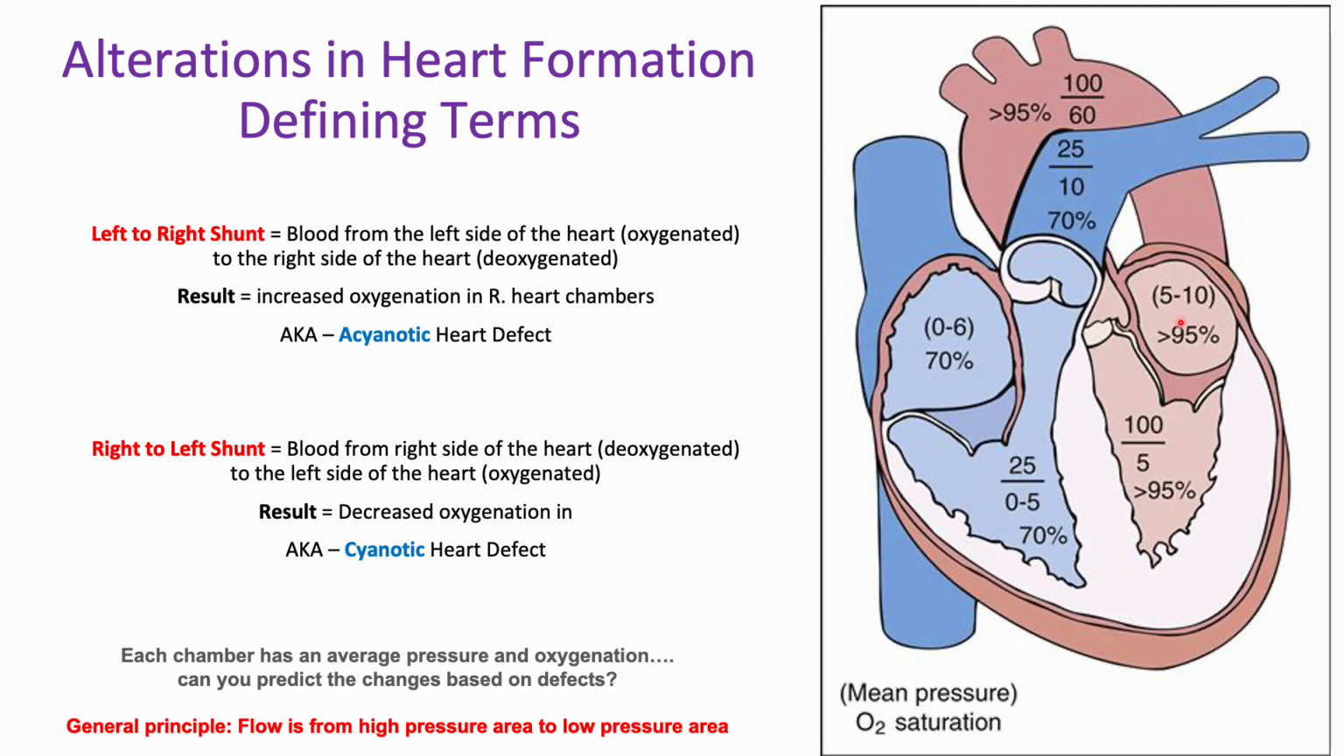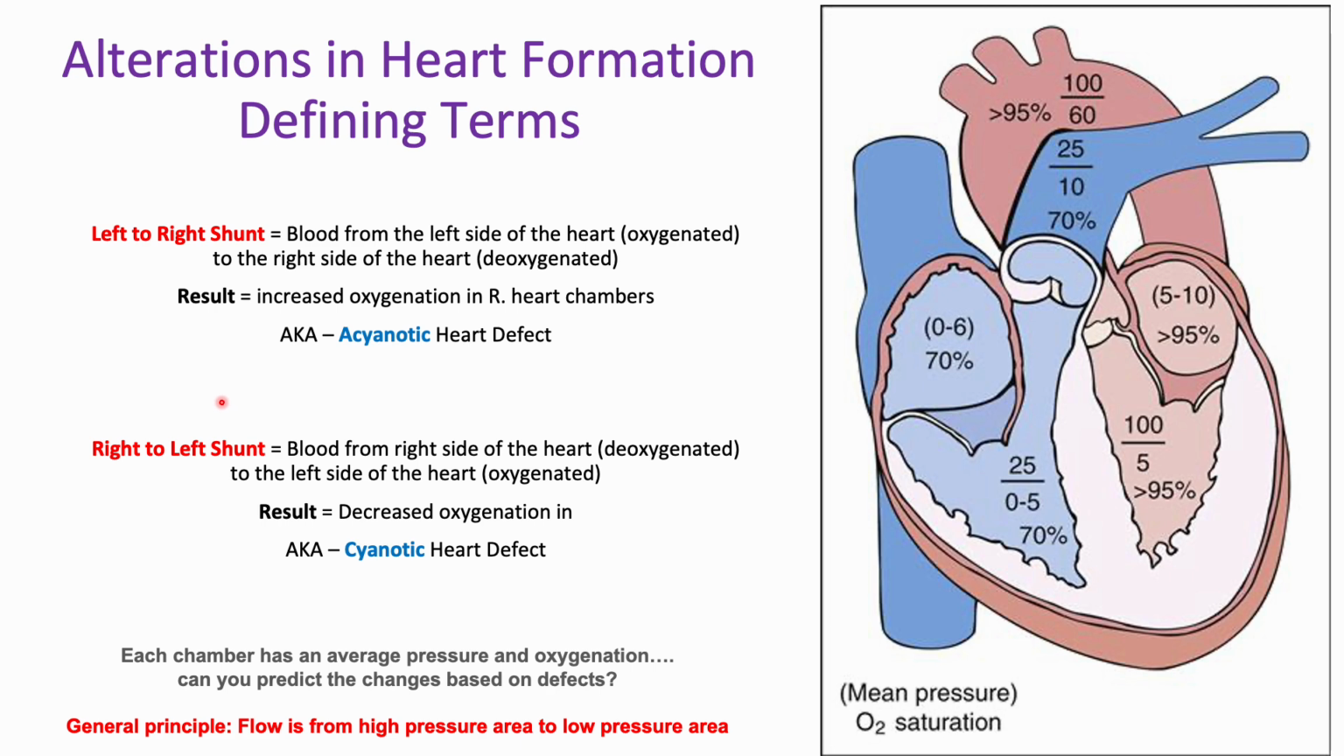Once I get into the left atrium, however, now I have increased oxygenation, greater than 95% to 100%. Still low pressure, but I've got oxygenation. In the left ventricle, still fully oxygenated, shouldn't have any mixture of blood, and now the pressures are going to increase because I'm going to have to force this blood into the aorta. So it helps to keep in mind the general pressure gradients as well as oxygenation